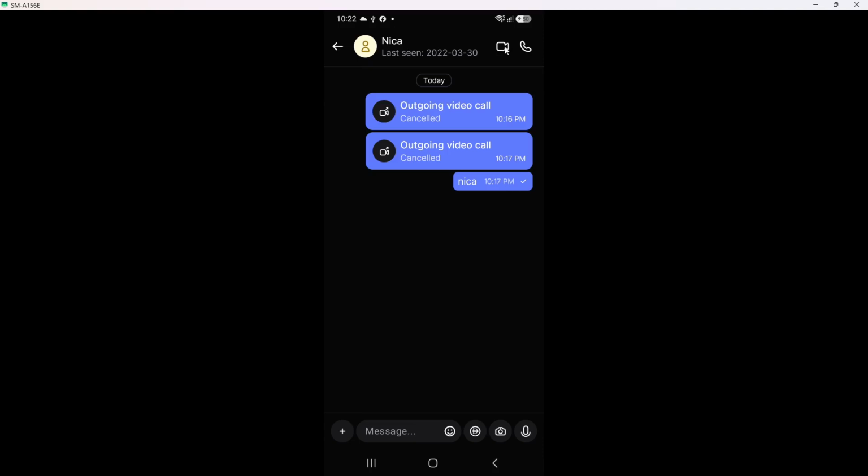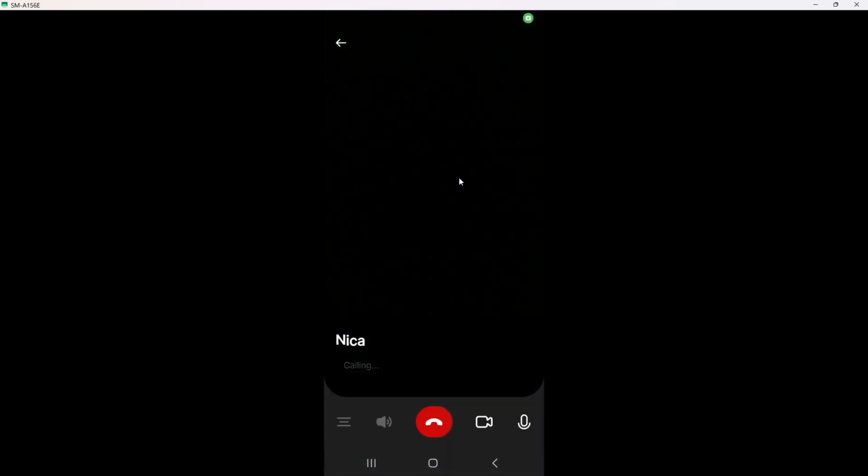If prompted, allow the camera and microphone permissions. This step is crucial as the app needs access to your device's hardware to facilitate the video and audio during the call. You will see a pop-up asking for permission.